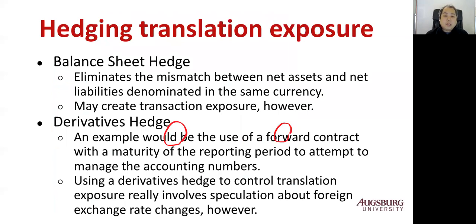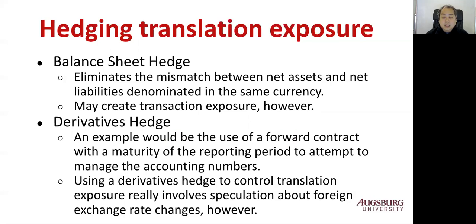The first way is called balance sheet hedging. They just try to eliminate these mismatches. Mismatches between what? Net assets and net liabilities denominated in the same currencies. This may create a transaction exposure, however. So balance sheet hedges basically